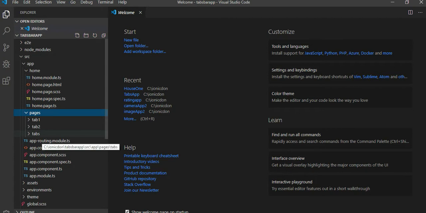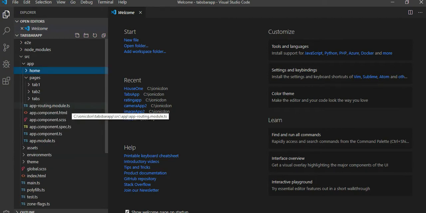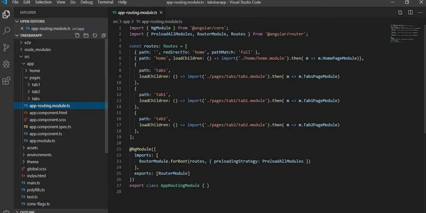So the next thing we want to do is to change the default loading. How do we change the default loading page? You go to app routing module dot ts, which is the TypeScript. So here, this is the line that dictates the default loading page. So instead of adding home there, what we will do is to change it to tabs. So we take tabs as our new default loading page, and then having done that, we just